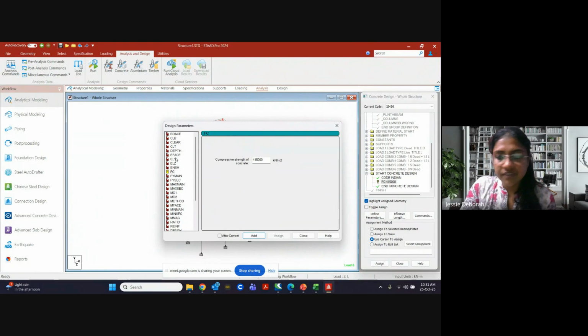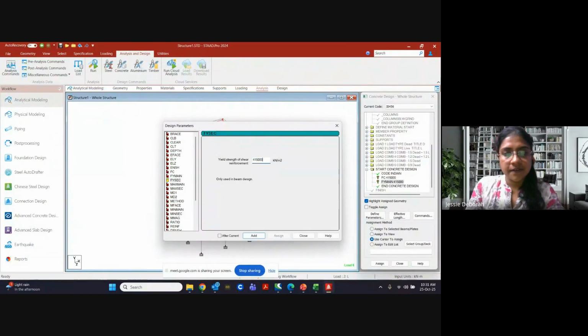Then we will give FY main. That will also be 415 000. Then we have to assign shear reinforcement, so 415.